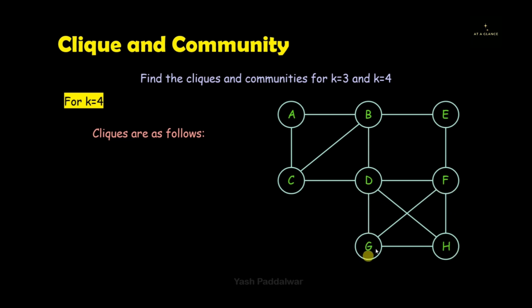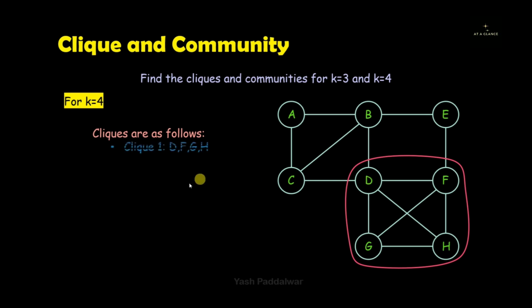The next section is of the nodes D, F, G, H. You can see that in this particular section, every single node is directly connected with every single other node that is present in this particular subset. Hence, it is a valid clique for k equals to 4. Therefore, we have the clique 1 as DFGH. Apart from this clique, if you carefully look at the entire figure, we do not have any other clique for